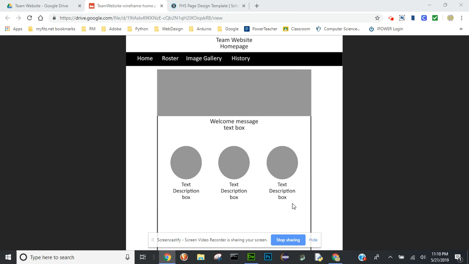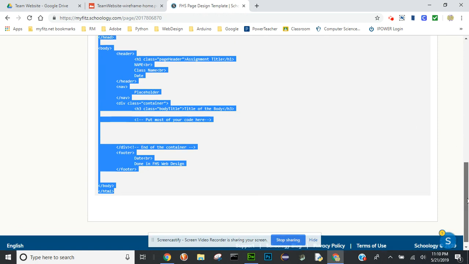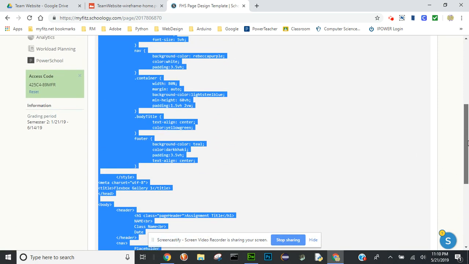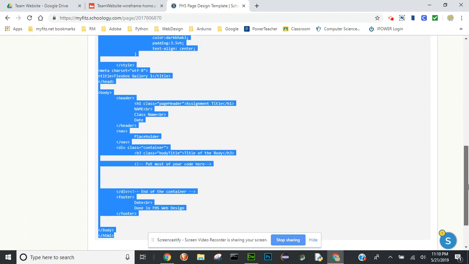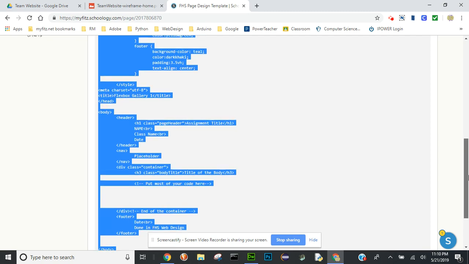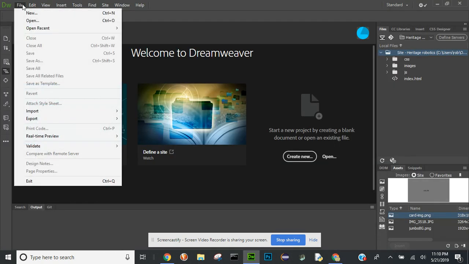Hey everybody, in a previous video we did the wireframe for the home page of our team website. So now it's actually time to start our HTML. First, I posted a page design template here for you. I've just defined some of the different sections of your document. So go ahead and copy this page design template, and let's get into Dreamweaver and do a